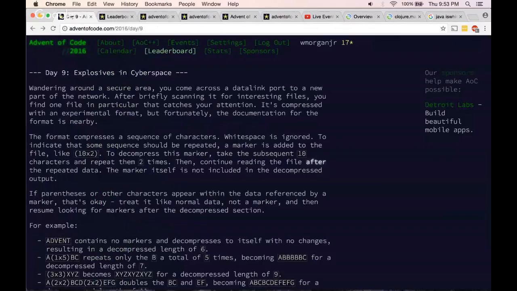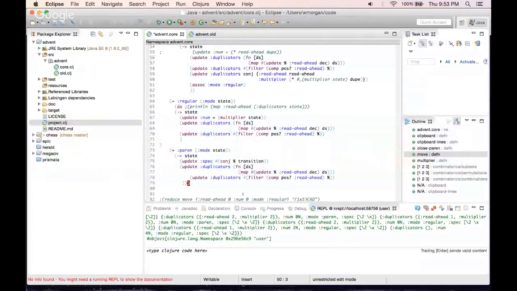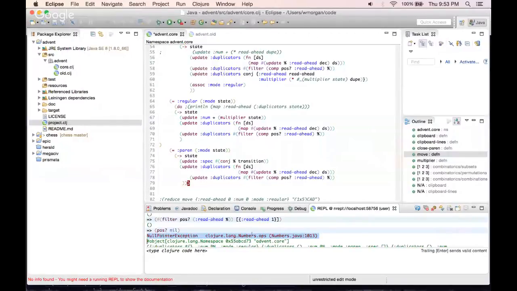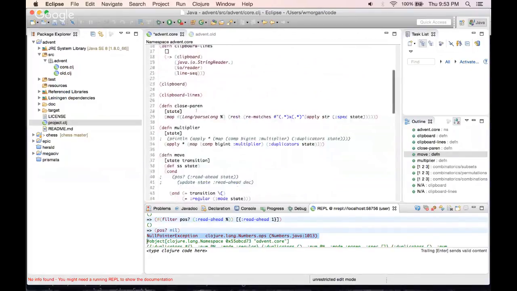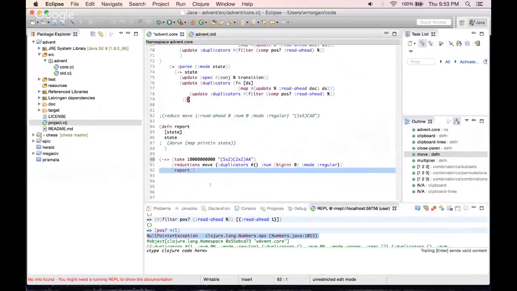It's only day 9. I'm definitely losing some time with these Clojure exceptions that aren't very helpful. So I think I either need to re-examine the way I'm writing code. It was great in the first couple of days because it's such a succinct language that I was able to get good times. But what's happening as I manipulate more complicated data structures is that I'm making little mistakes, and that's hard to debug because in the early days, solutions were 10 lines. Now solutions are like, I don't know, you can see right here, this is in line 92. So it's getting past the point where I have a good chance of not making any of these little mistakes. So I've either got to change my methodology or